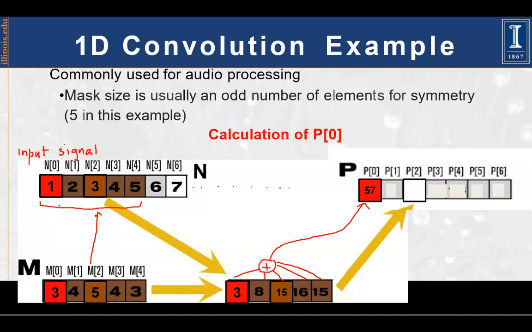Okay? We multiplied respective elements, till this, and got this result. Then we added all of them and we got this result. So by placing this mask at the start of this data, at n0, we calculated this weighted sum, and that weighted sum was placed in the same position at P0. This is the answer, the output, when we place this mask over here.